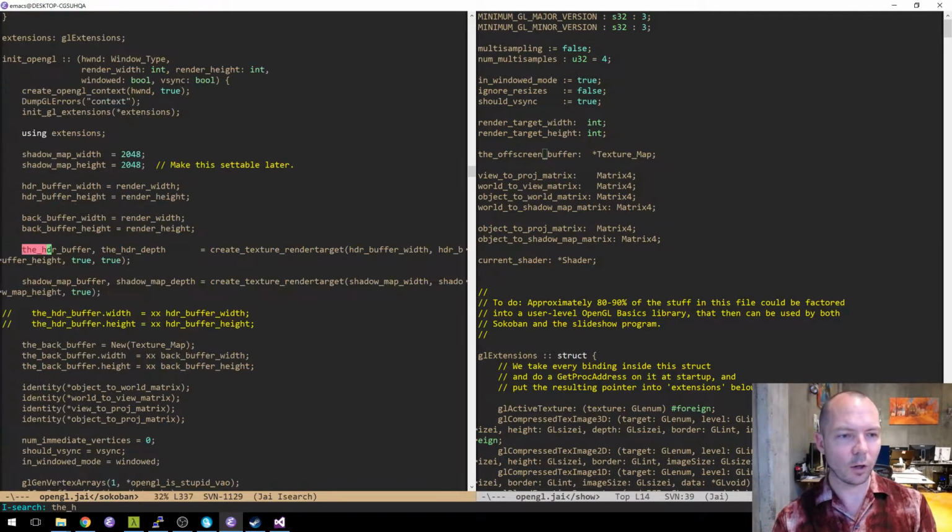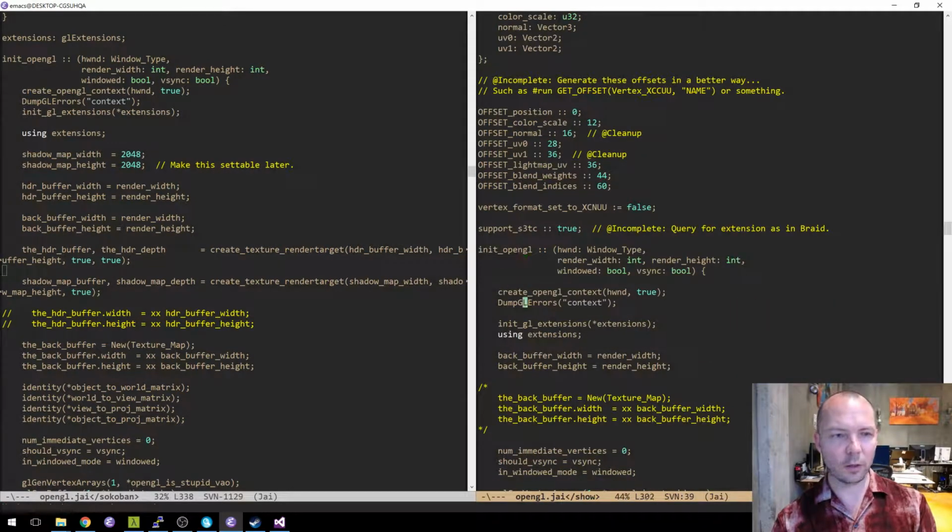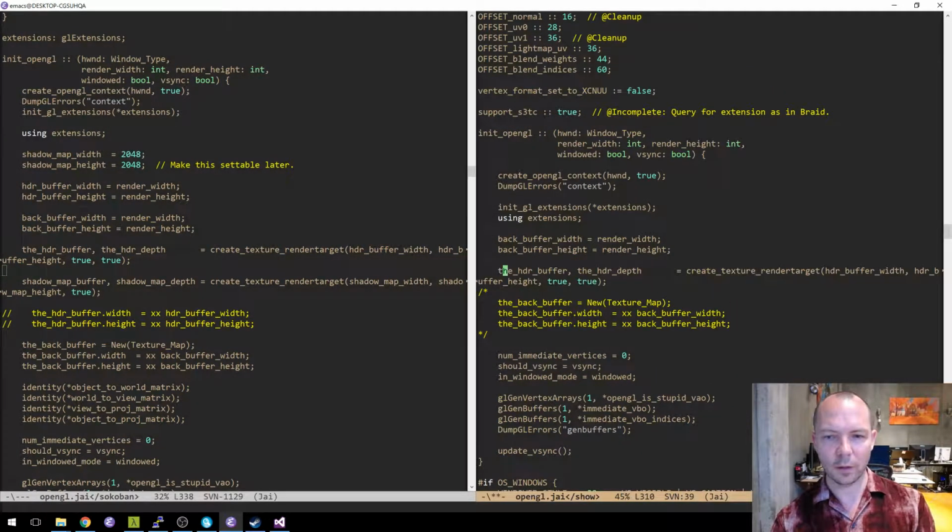So anywhere, I'm just looking for the HDR here. In init OpenGL, I'm going to say the off-screen buffer is create texture render target.